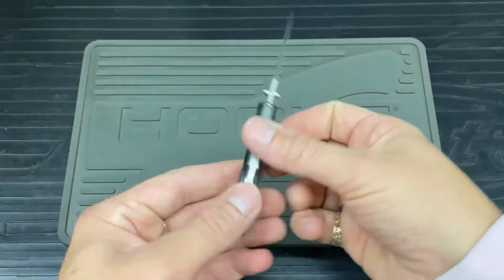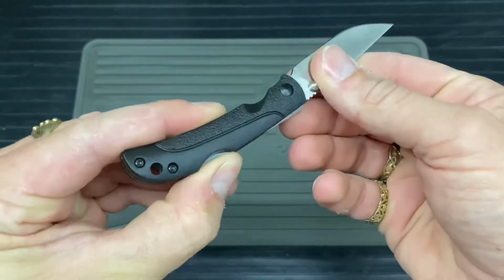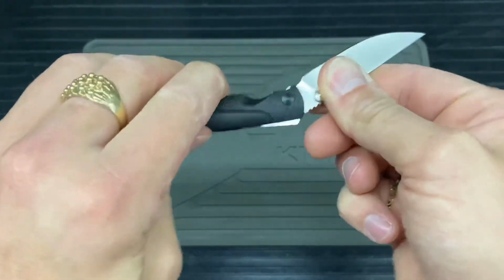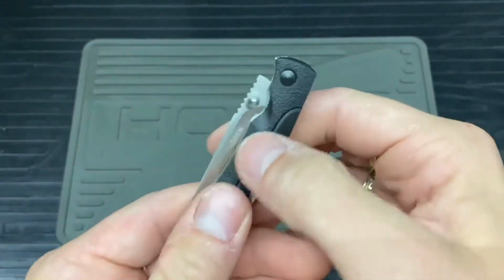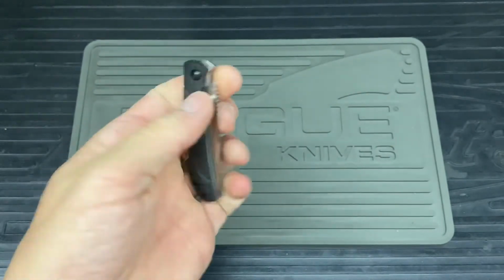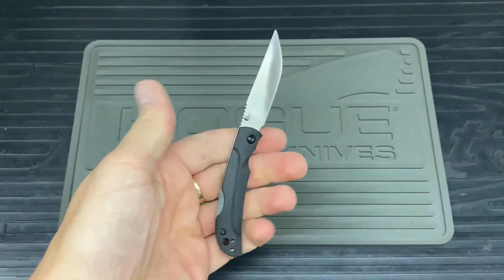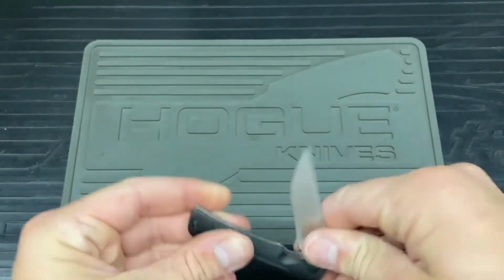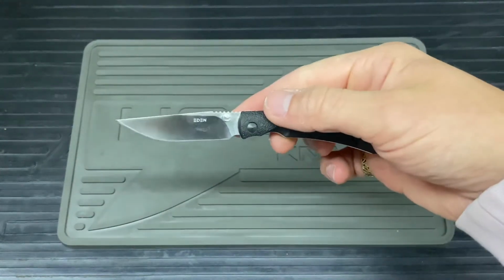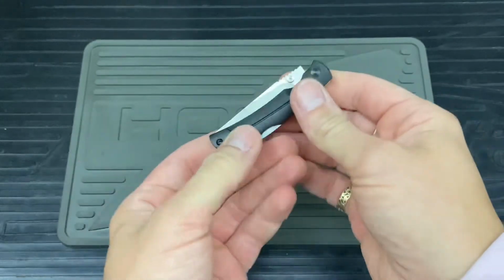And what I must say as well is it is a lock back, sorry, forgot to mention that. So just squeeze that in there to obviously release it, and it has got the thumb studs on both sides, so for the lefties, if you take the clip off, it'll be nice and easy for you to open like so. And obviously, right, it is very small to open one-handed, and it does take a little bit of getting used to, but